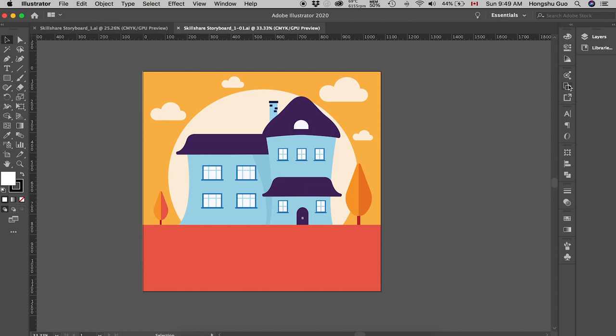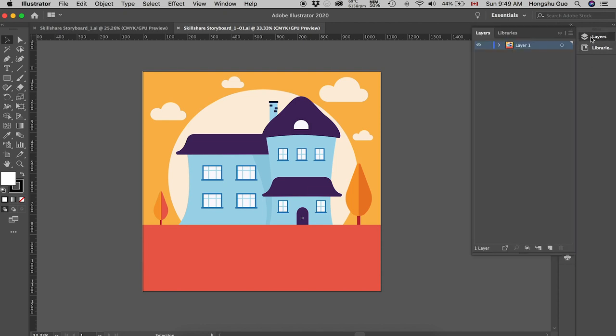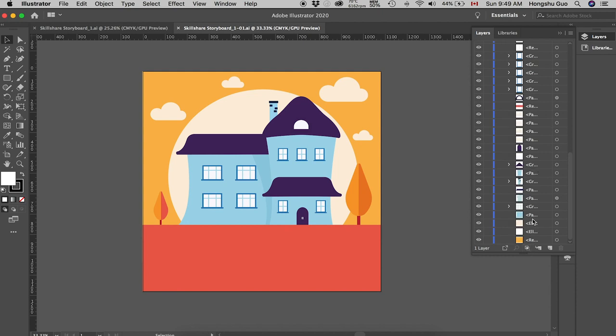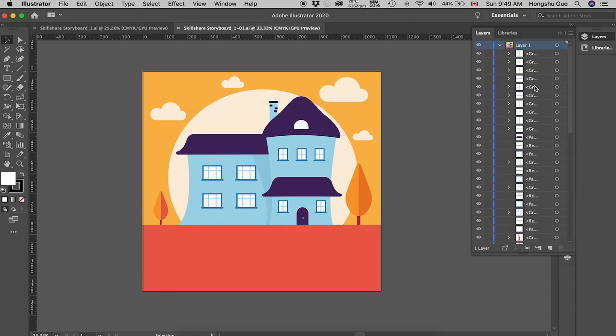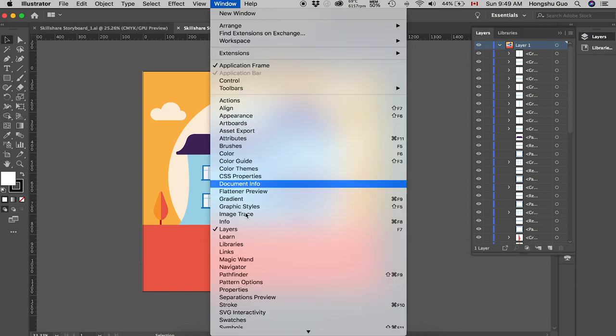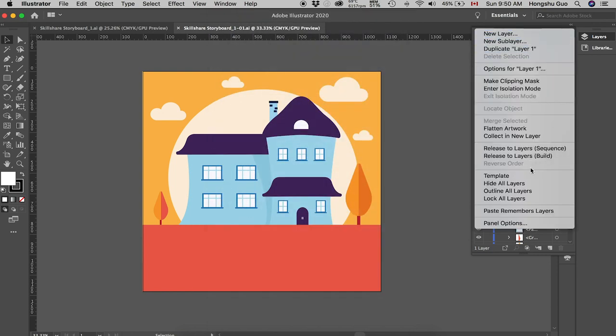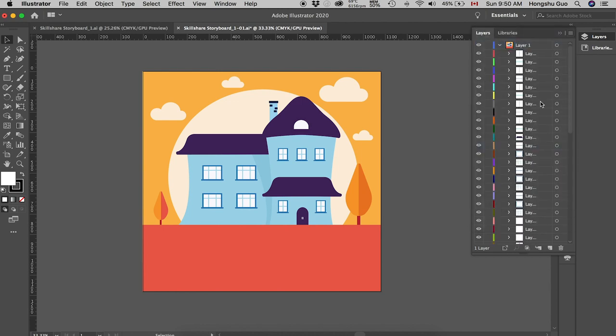Before we bring it into After Effects, in order to have all the layers separated, we need to do one thing. We need to go to the Layers panel. If you don't have the Layers panel on the right-hand side, it's under Window, then click on Layers. Then go to this top right corner icon here and click on Release to Layers (Sequence). So what it does is